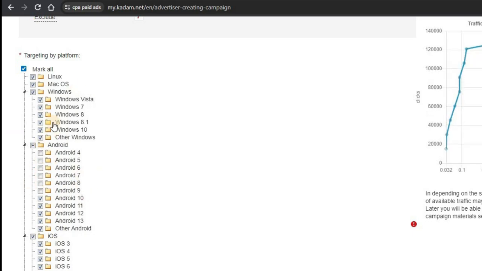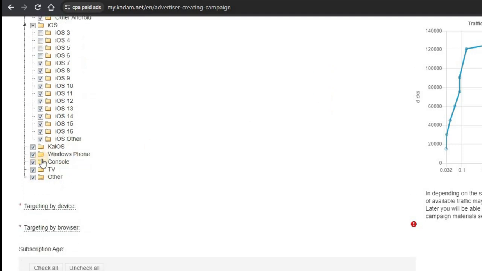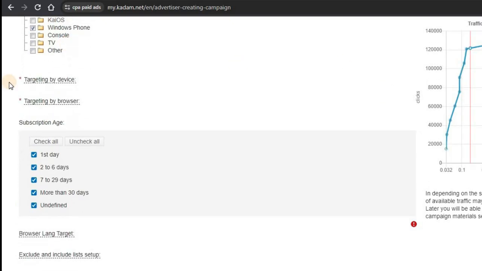After that, we want to also uncheck the weak iOS devices. I'm going to uncheck from iOS 3 to iOS 6. So why I'm unchecking these devices is because we don't want to pay for devices that can't load pages. It's really important that every cent counts. So we're not going to be paying for devices that can't load pages. After that, we want to scroll down right here. We're not actually advertising on console. We're going to uncheck that, uncheck TV, uncheck other, and we want to scroll down right here,